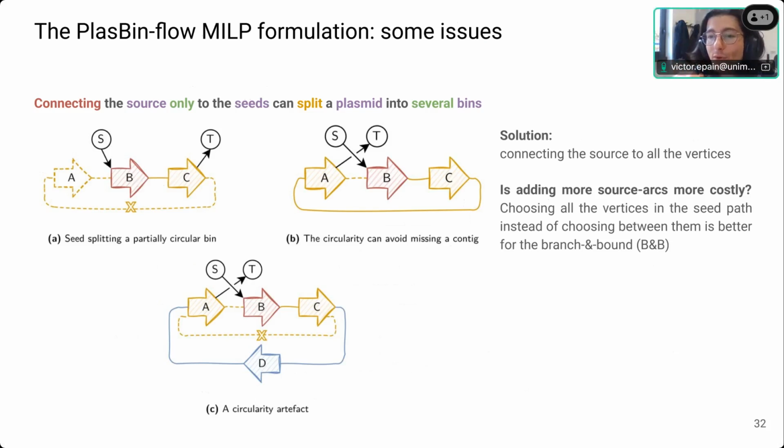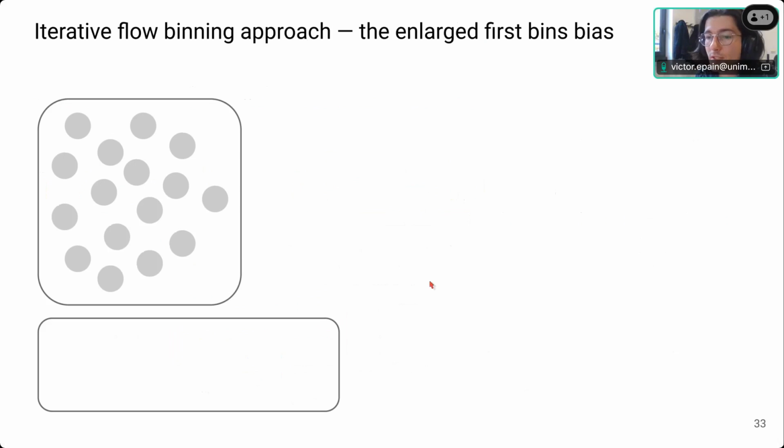And in that case, you are playing with the bounds and you produce artifacts, and so it is possible that the solver cannot really know which branch it should take. While when you add all the source arcs to all the vertices, the solver will not take a lot of time to choose, because it will say, okay, I can directly take A with B with C, and I will not choose between B and C and B and A. So, okay, you have added more variables, but you help the branch and bound. Okay, it's a tricky thing.